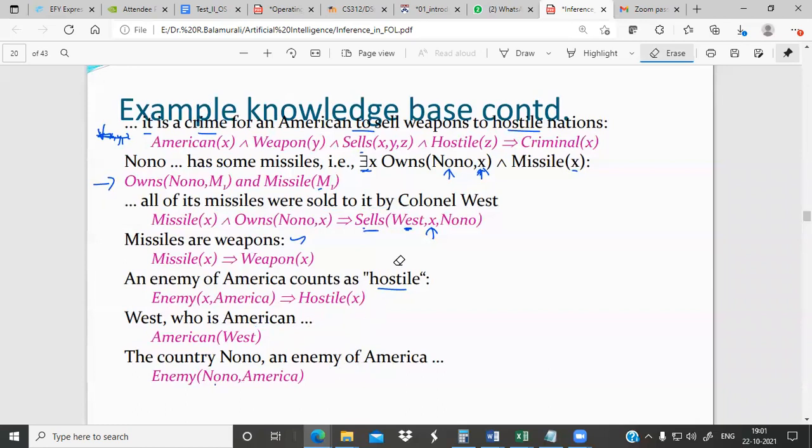Every statement should be represented in definite clause or in horn clause. So what is a definite clause? A definite clause contains exactly one positive literal, and a horn clause can have up to one positive literal. Okay. So if you consider this statement, actually it is a definite clause and